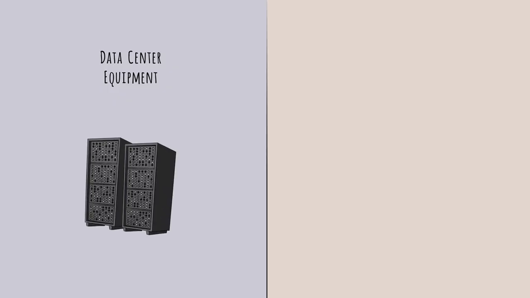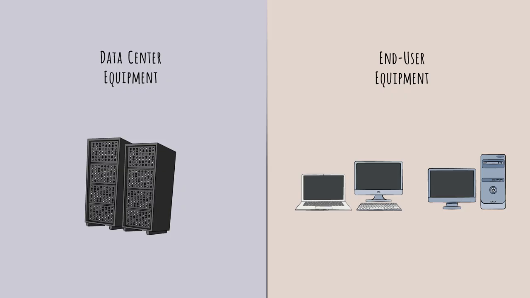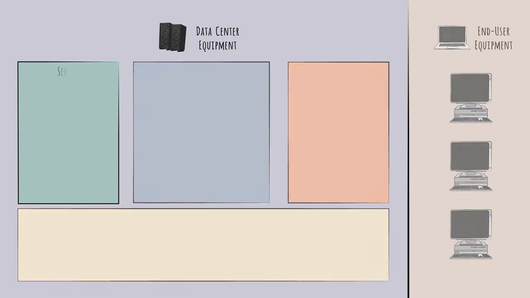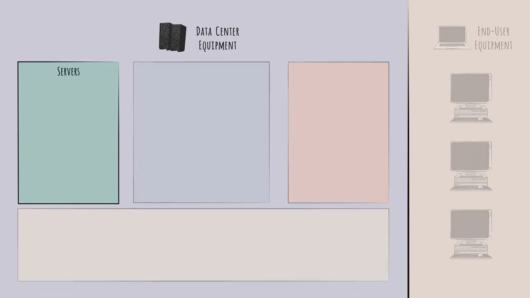Most modern enterprises use two broad types of IT hardware: so-called data center equipment for storing and computing all that data, and end-user equipment like laptops and desktops. We'll cover all of this. Within data center equipment, we'll cover four distinct groups: servers, or compute servers, which are for computing, doing calculations, and